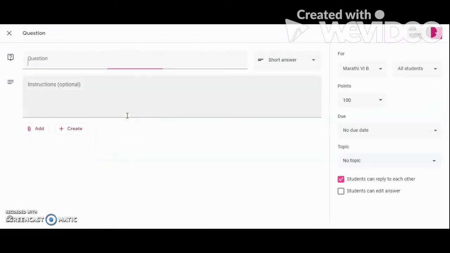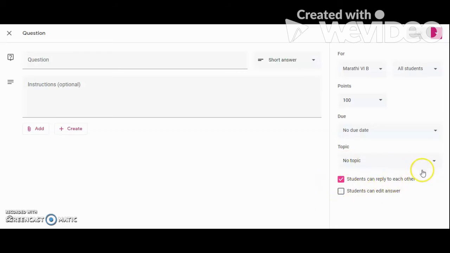question. Now here, if you want to ask one question or two questions to the entire class, you can just write down that question over here and then write down the instructions regarding that question. If you want to add anything, you can add it here. These things will be the same basically for everything. There will be some changes over here. Few features will be available for few topics and the other it won't be.